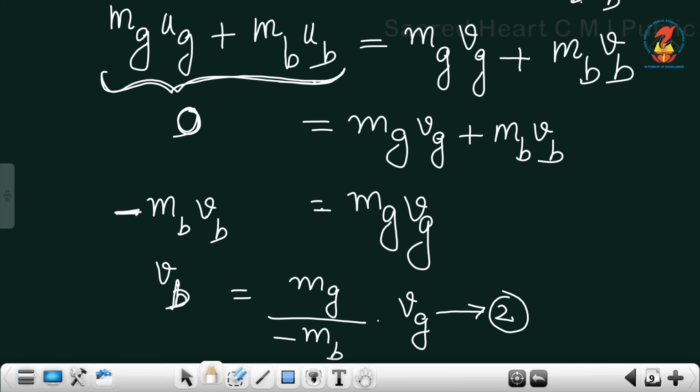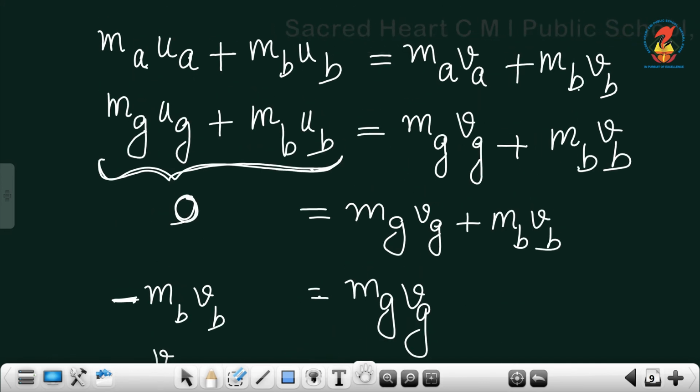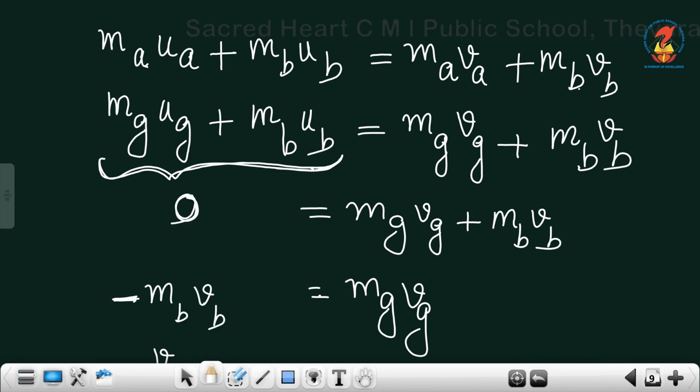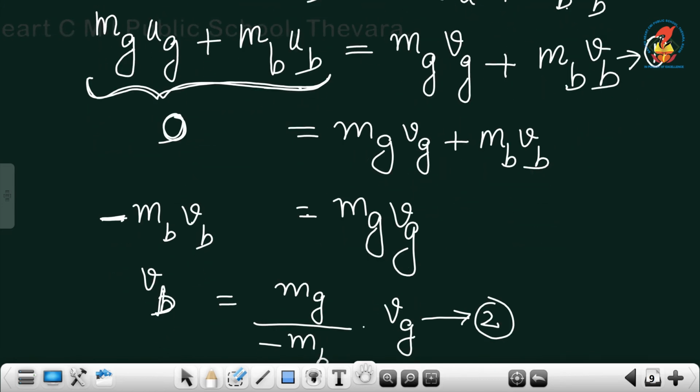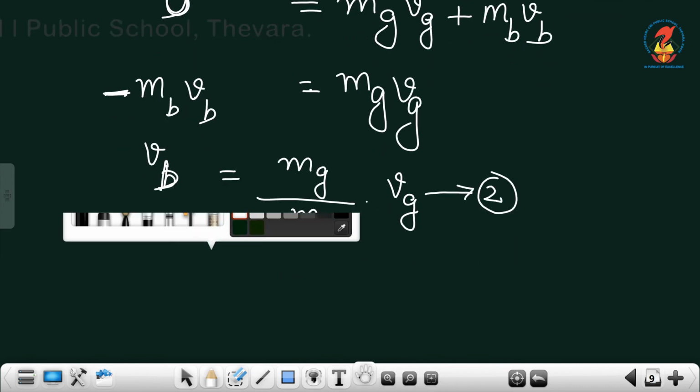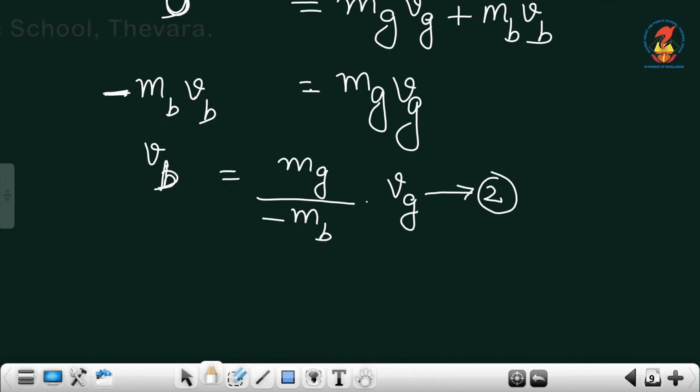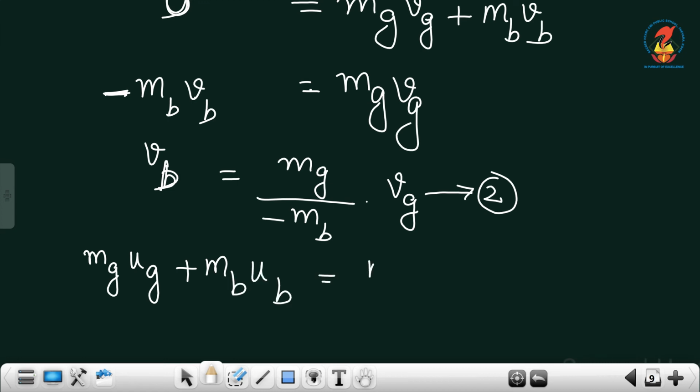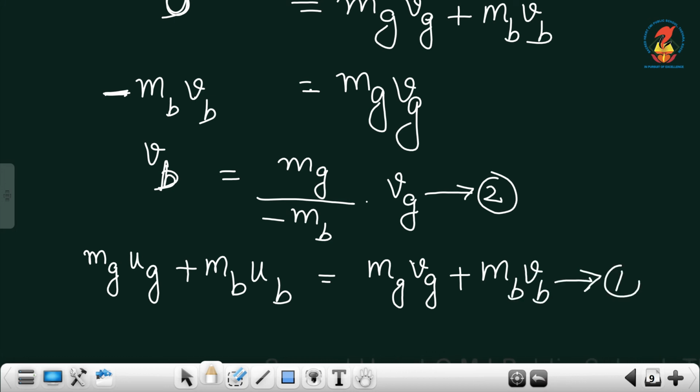Okay, so this is the equation for the velocity of the bullet. Now substitute this equation in our equation number 1. Let this be equation number 1: MGUG plus MBUB is equal to MGVG plus MBVB. So we substitute the velocity of the bullet in equation number 1, and we get